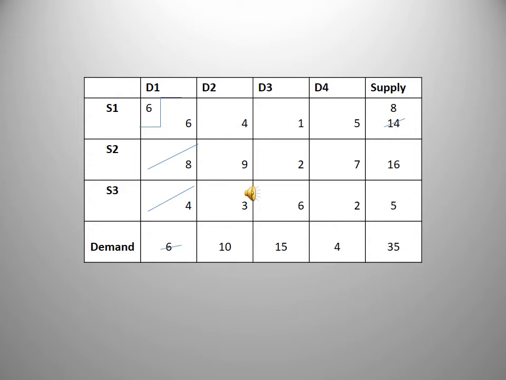Now the cell 2-1 is the northwest corner cell. The second allocation is made to this cell. Minimum of demand and supply corresponding to the northwest corner cell, 8 and 10, is 8, which is allocated in cell 2-1. The total demand in the second column becomes 2 and the total supply in the first row is satisfied. No further allocation is required to this row, hence delete the first row.